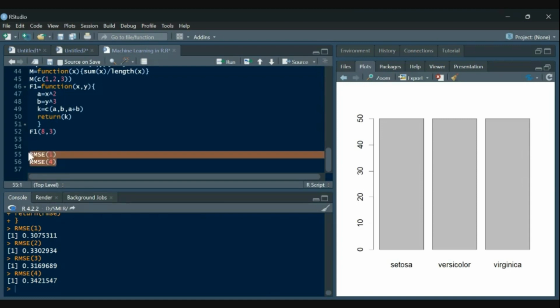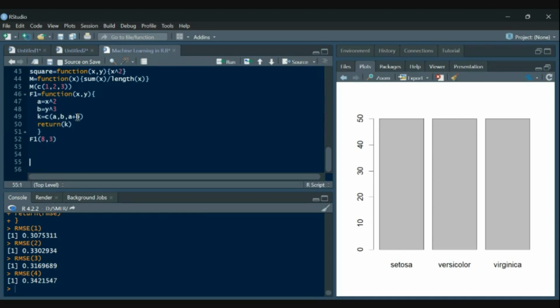So how to do that? For that, let's talk about loops here, since we have to run this again and again. If you have done any other programming language, there is a for loop and a while loop. What is the basic difference between these two loops? Whenever you have a fixed number of iterations, that is, you know how many times the loop should execute, then you should go for the for loop.